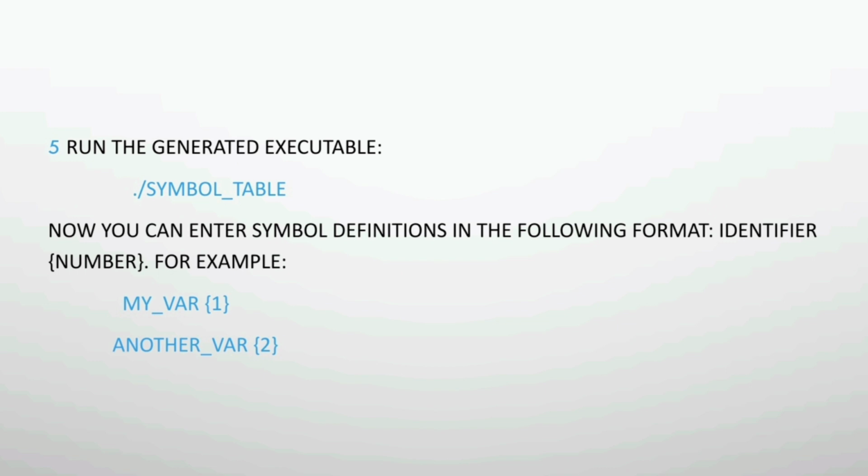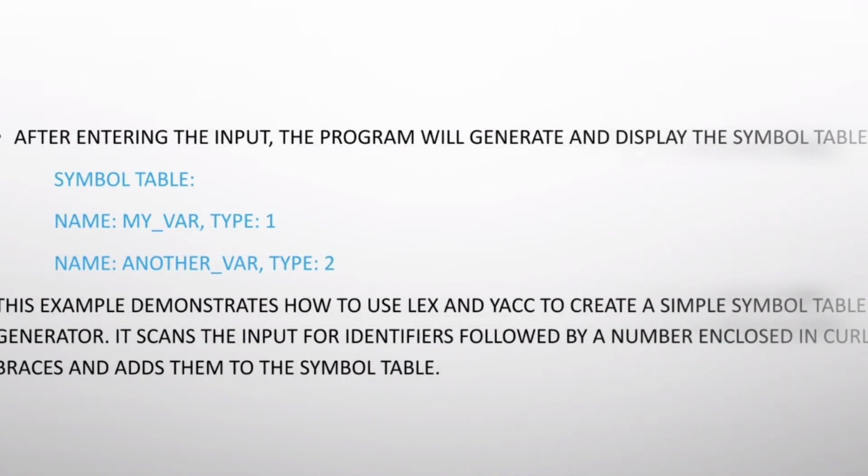After entering the input, that is when we execute, it asks the user to give the input. So we have to give the input, then we have to give some other commands which have been shown here. After entering the input, the program will generate and display the symbol table. The symbol table will be like this, as shown in the slide. A name followed by the type. The name is identifier and the type is